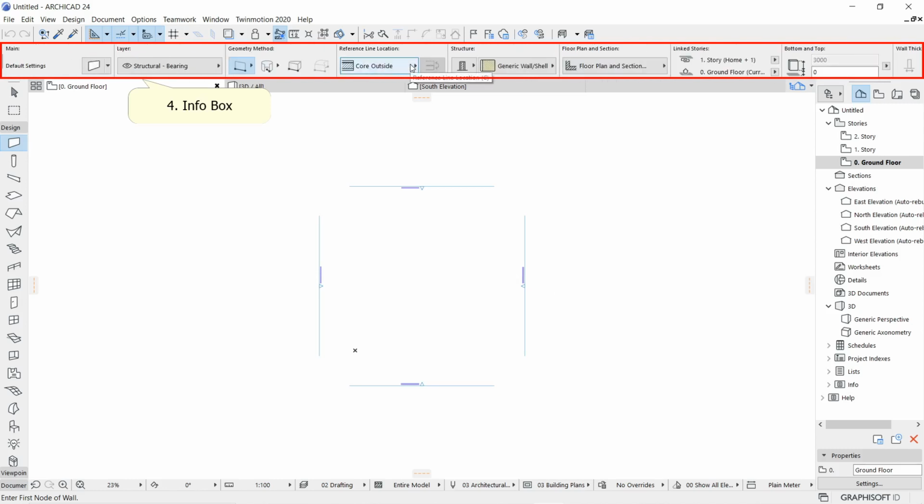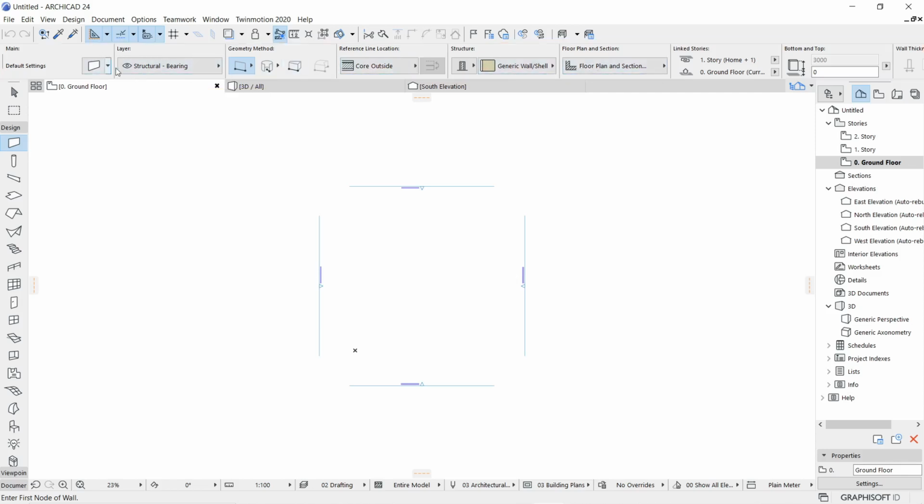This Info Box actually plays a very important role in ArchiCAD. It works in a dual mode, in the sense that you can use it at the time of drafting and also at the time of editing. So you should always check what is happening, and if you want to communicate with ArchiCAD very fluently, you should always first check what exactly is there in the Info Box. So after this Info Box, that is the fourth part which I have explained.